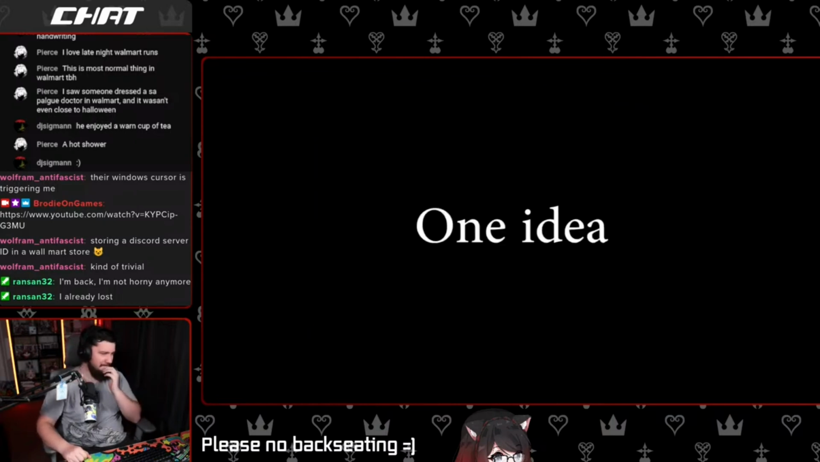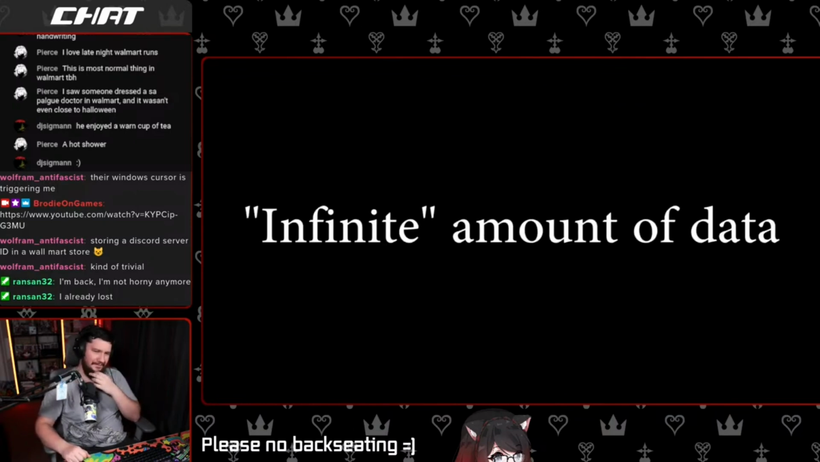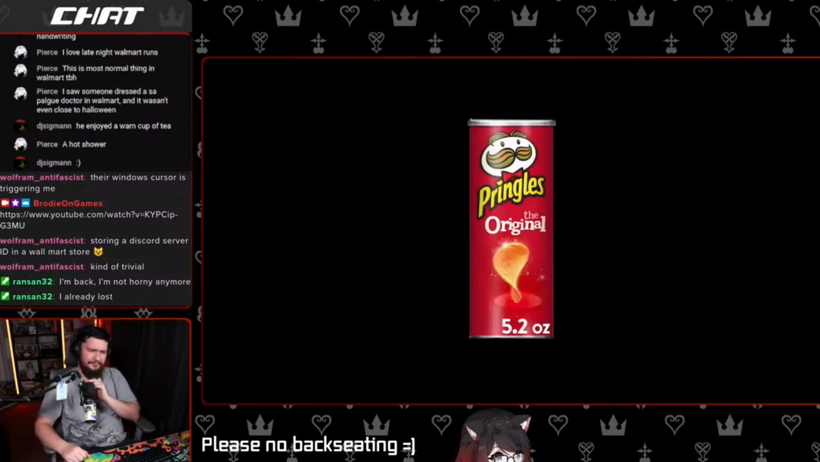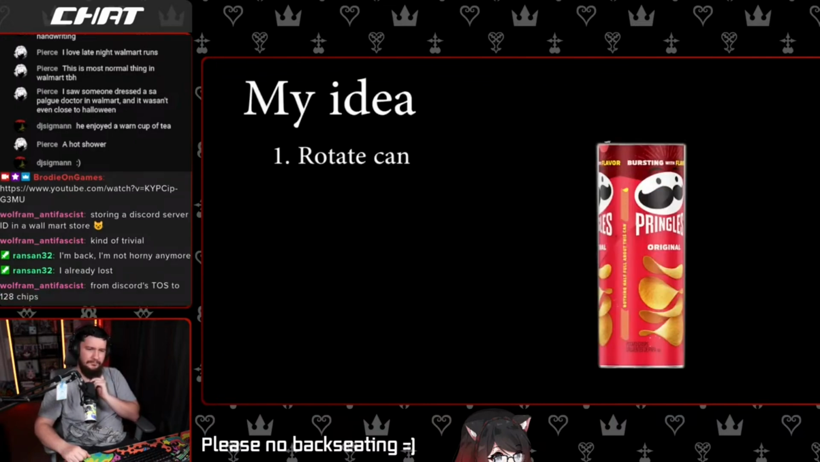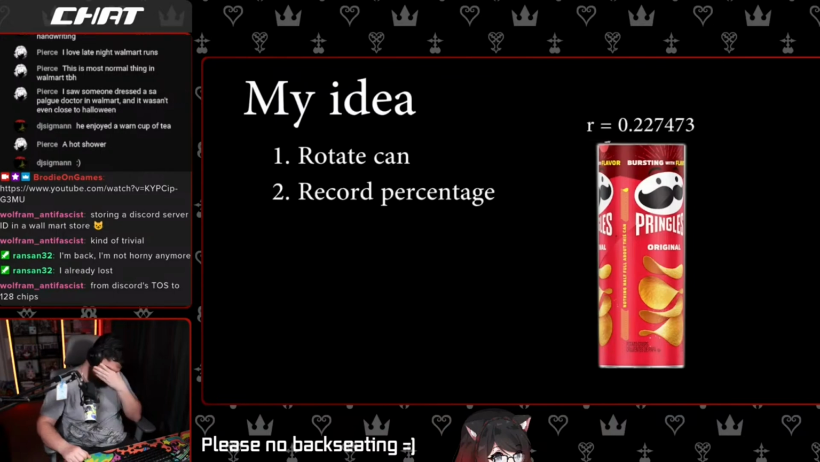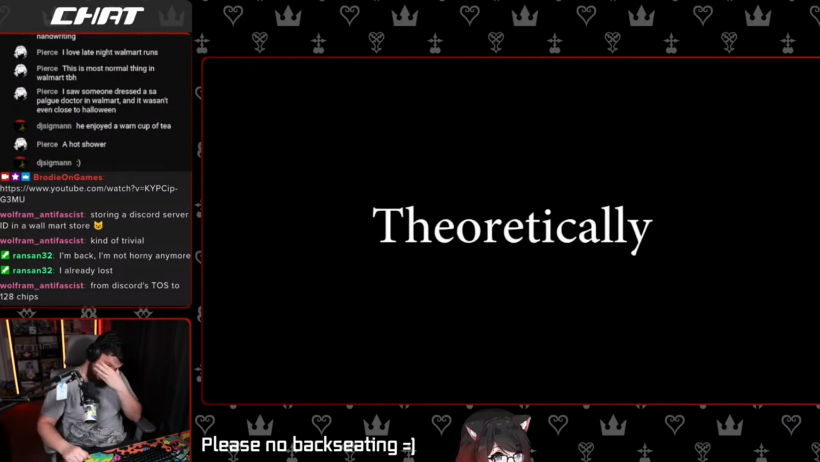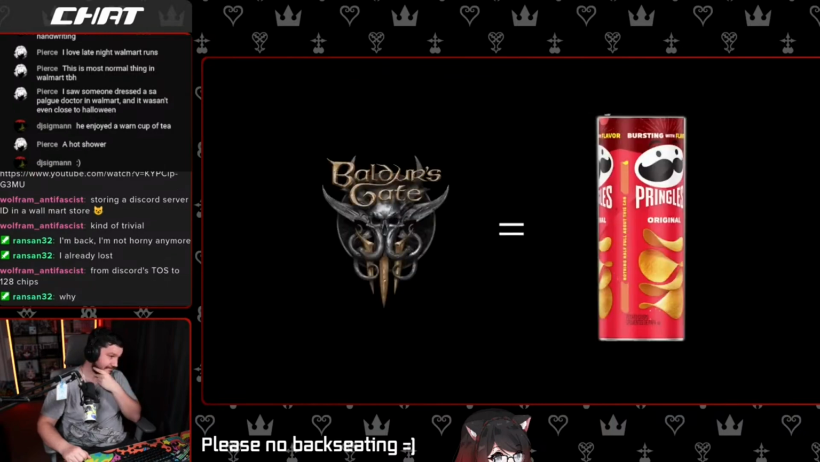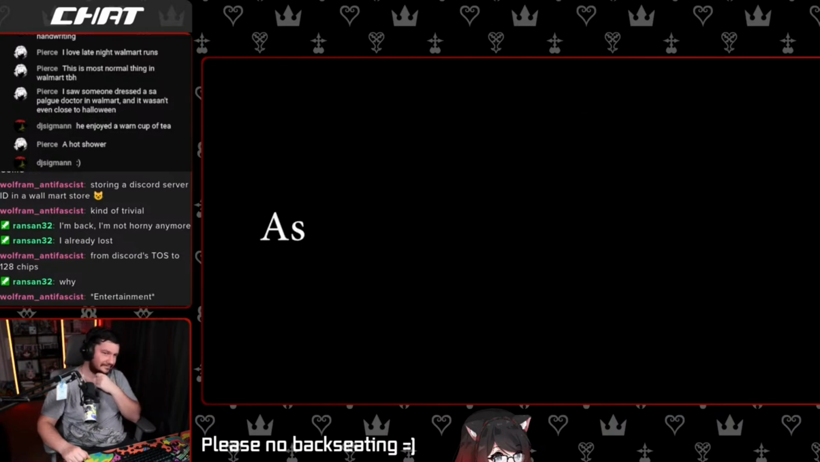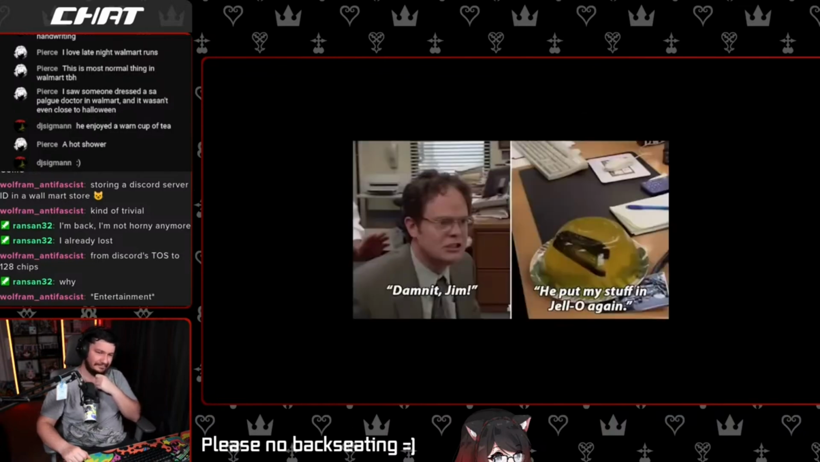One idea I had to store an infinite amount of data would be to use a singular Pringles can. My idea is as follows. Rotate a can of Pringles an extremely precise amount, then record the percentage the can is rotated with respect to a full revolution. Then take the decimal and convert it to a binary number. Theoretically, if you could get any precision you wanted, you'd be able to store any file of any length with one can of Pringles. As you could probably guess, this video is just an April Fool's, but I hope it